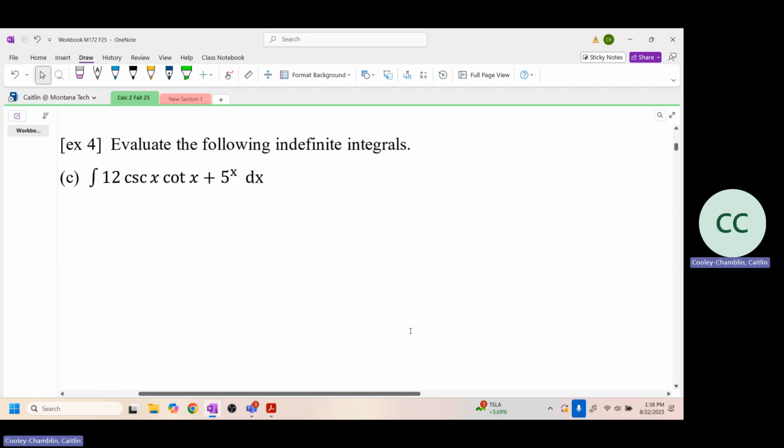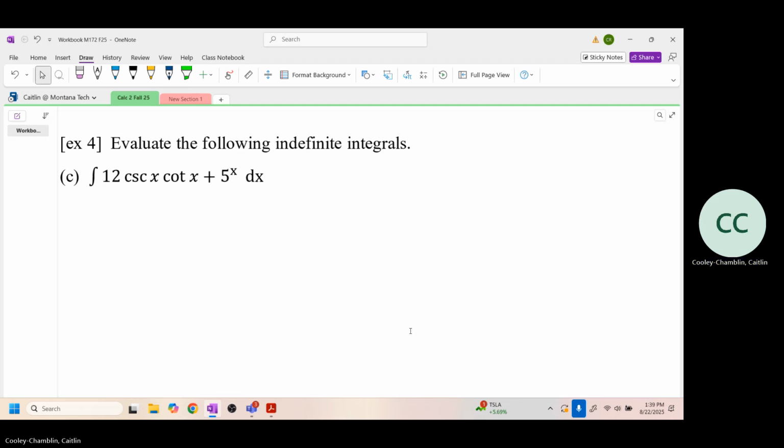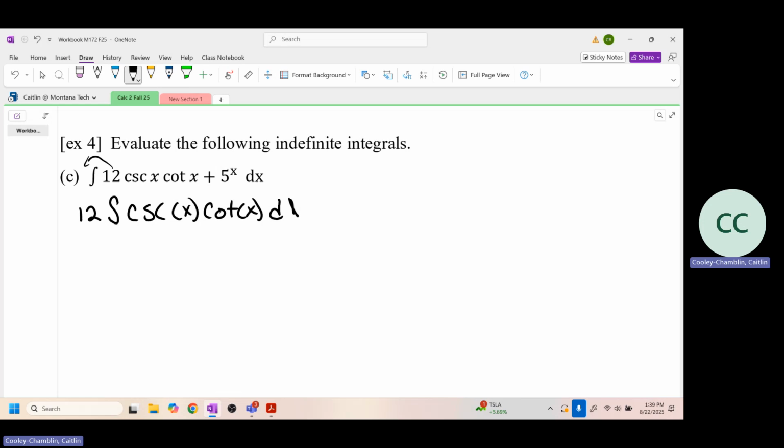And we have evaluate the following indefinite integrals, and we have the integral of 12 cosecant cotangent plus 5x dx. Okay, so I'm going to bring this 12 out like normal. So I have 12, the integral of cosecant of x cotangent of x dx plus the integral of 5x